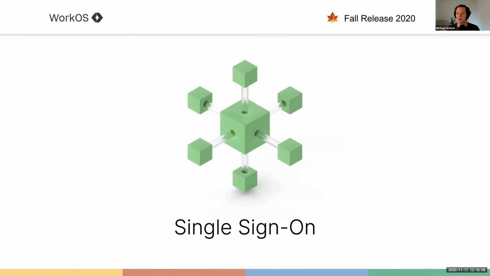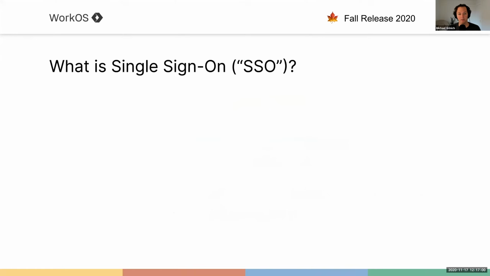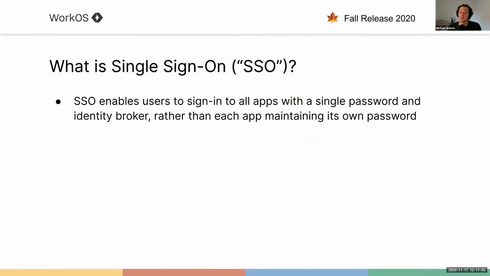So let's talk about single sign-on. This is the very first thing people need. You've probably heard about this. As a quick review, what is SSO? SSO enables users to sign into all their applications at work with a single password, a single identity broker, rather than maintaining their own passwords for every different app. If you've used something like signing in with Google, that is a form of single sign-on, but not every company uses Google as their identity service. So enterprise organizations will buy stuff from like Okta, Microsoft, or there's a really long list of these,